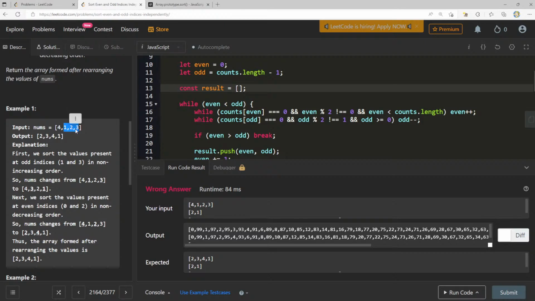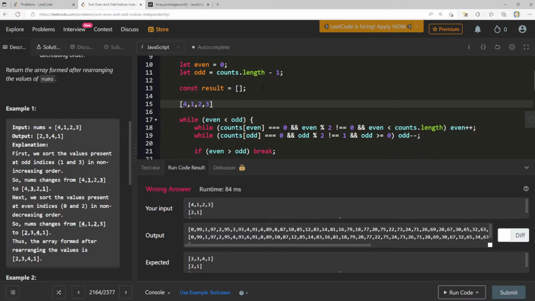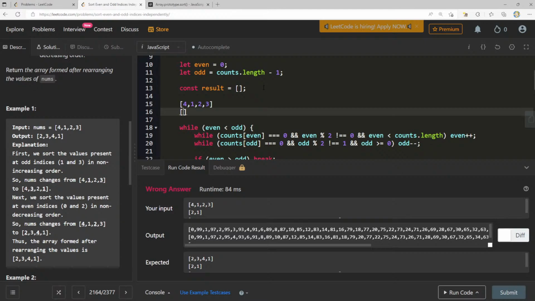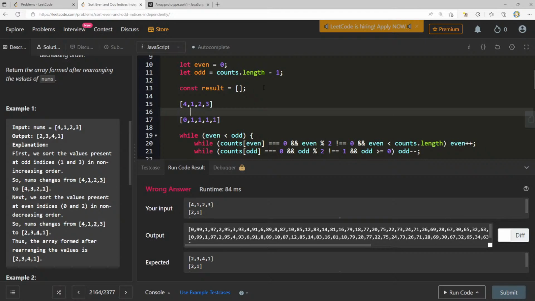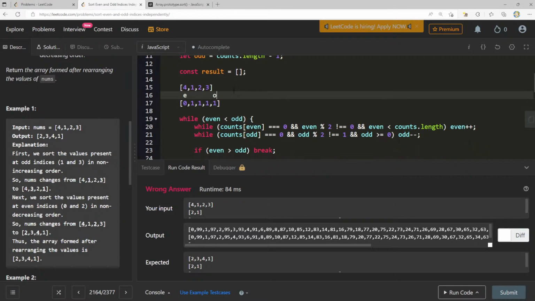Even modulo 2. Okay, let me just write this out here. 4, 1, 2, 3 is what we're dealing with. Let's say our counts array is like this, right? So we're going to have 1, 1, a 2, a 3, and a 4. Even is going to start at 0. Odd is going to start here. Okay, so I want to find the smallest even. The smallest even should be 2, right? It shouldn't be this. So while counts of even equals 0,